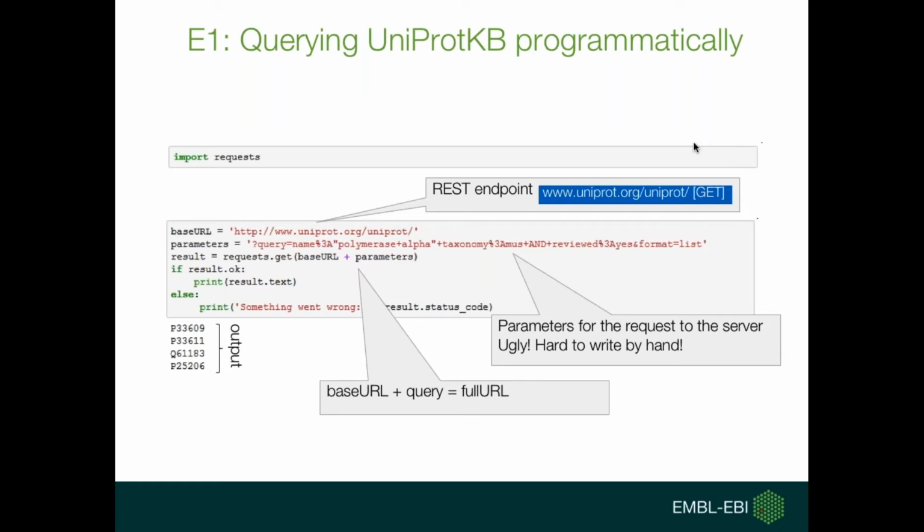But if we combine these two, the base URL and the parameters, we could run the code again and we would get the same output as you can see at the bottom of the screenshot. Still, we'd like to improve how we have to pass the parameters to the function so that we can do it in a more human-like way. Note here that the parameters have 2 parts in it that start with key equals value,